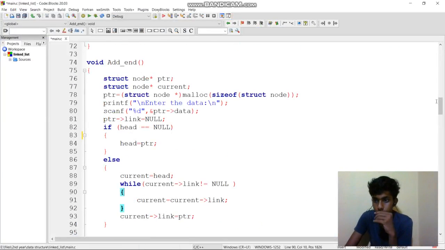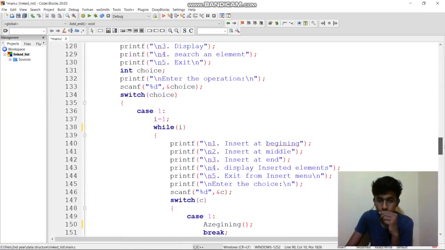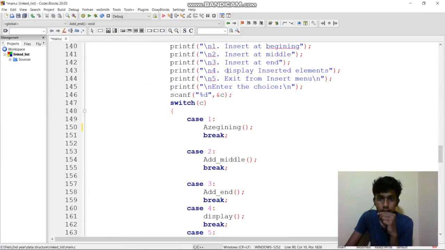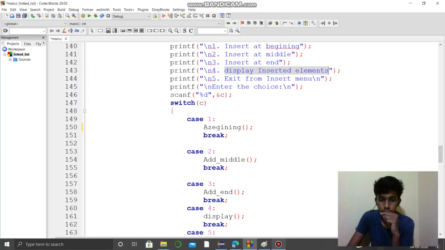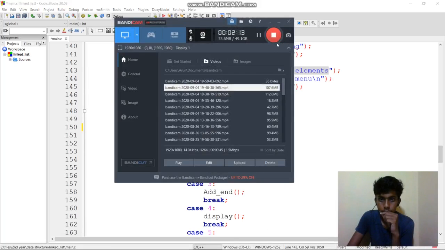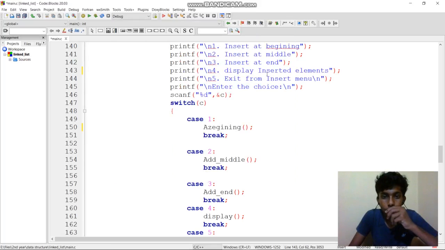Now these are the operations we have done in head position, and this is display, we can see later, because after that is the starting of the main operation. In main operation we are going to display the numbers, that is the same function we can see later.